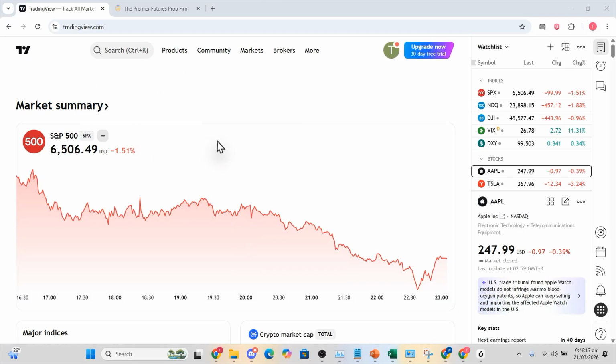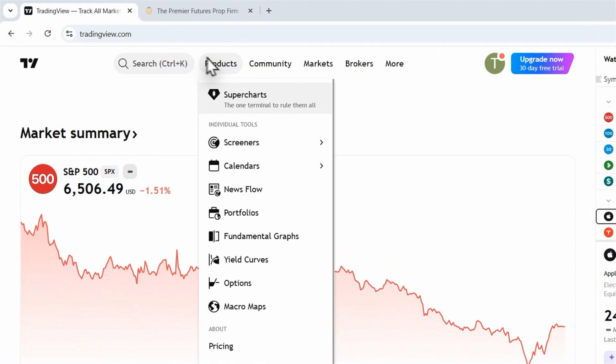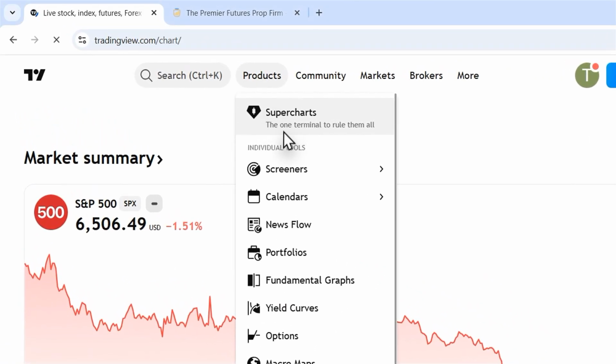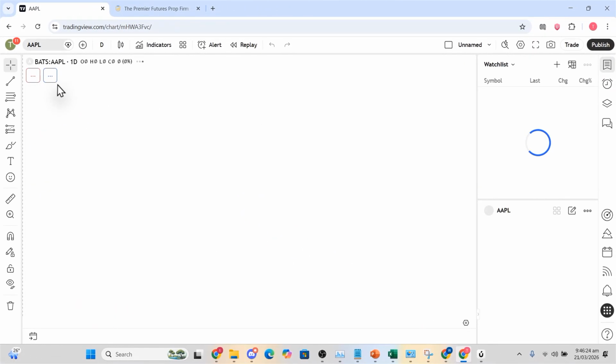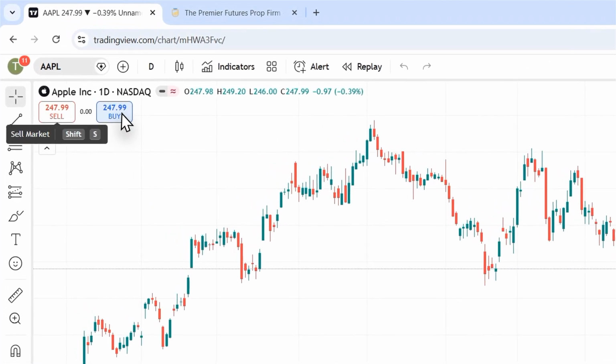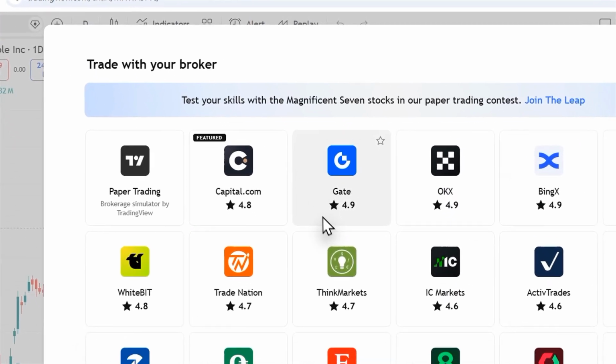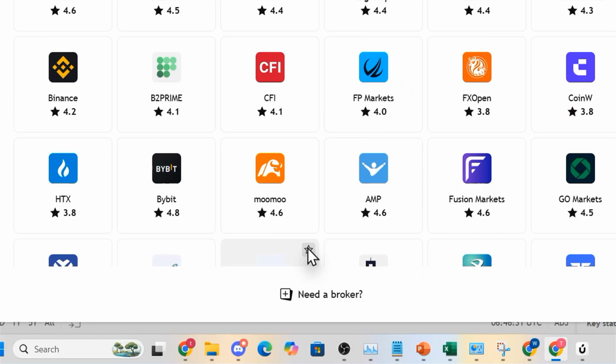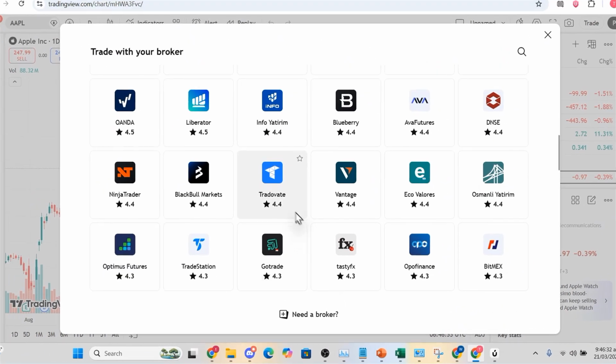The first thing I want you to do, once you're logged into TradingView, come here, hover over Products, click on Supercharts, and then just click either Buy or Sell, and now we'll connect the broker. So if you scroll down here, you can click on Show all brokers, and here you'll see